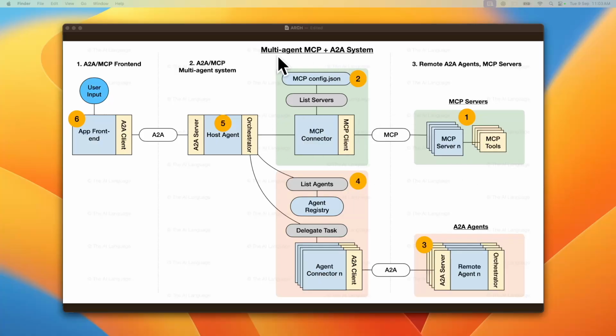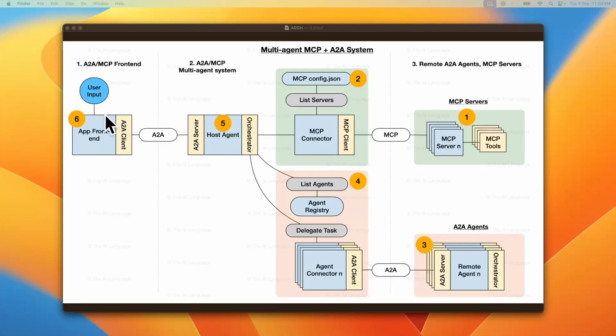But let's start with our multi-agent MCP plus A2A system that we have been building in our masterclass. If you haven't had a look at it, please have a look at it, where we coded this entire system from scratch. To understand authentication, we'll remove most of the complexities in this system. All right, we'll just focus on the MCP client and the MCP server. But just to give you a brief recap of what this system was and what we are going to focus on,